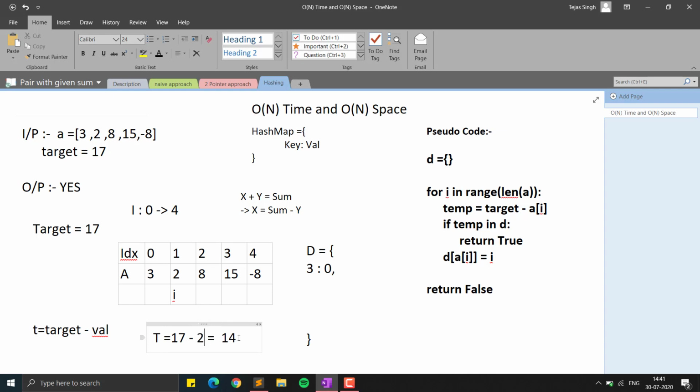So 2, and now the value is 15. Is 15 there in the dictionary? No, it is not there. If temp in dictionary, so it is not there. So we will again add this element to the dictionary, that is 2, and 2's index is 1. So we will add this 1 over here, and now I will again increment to the next index, that is